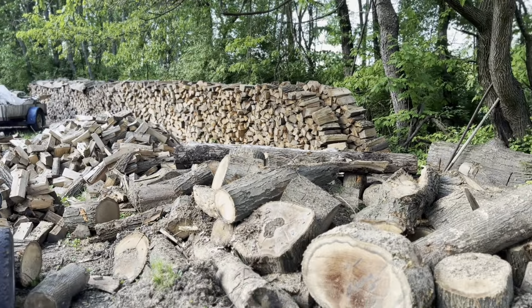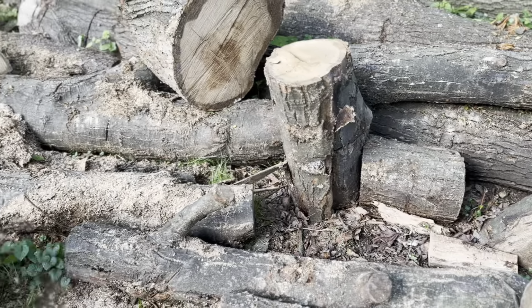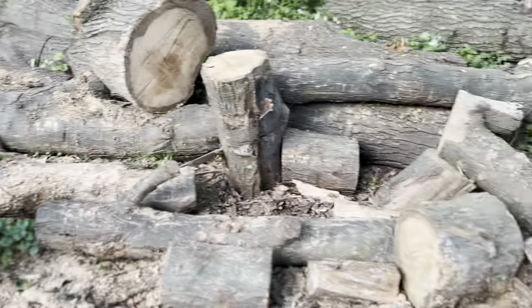Now some of these logs I will cut up into firewood, but that big one right there, that's the one I tried picking up. I couldn't pick it up. She just pulled the rear wheels of the tractor off the ground. So I'll probably cut it in half or something. And there's another big one there. I'm probably gonna pluck it. This big one here, pluck it, you know. We'll save them for the event. But a lot of these little guys here, I'll probably just cut them up for firewood